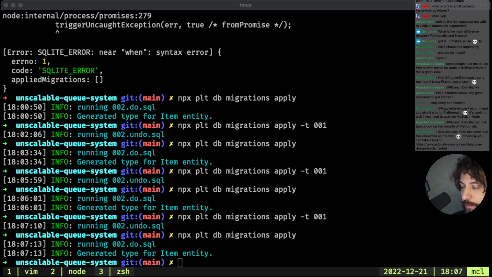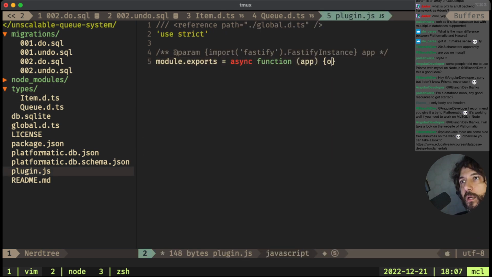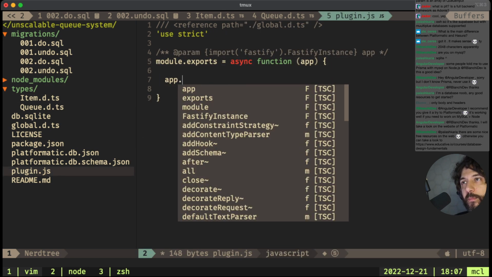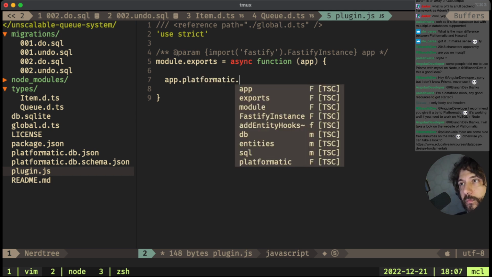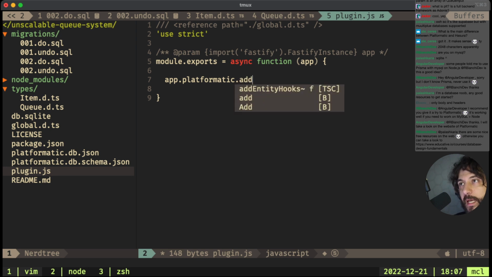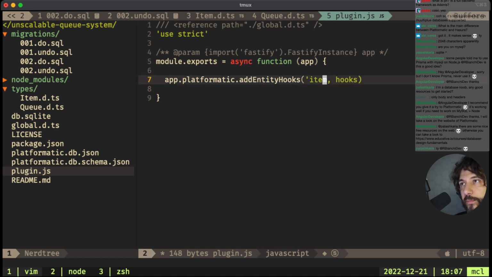Oh, when? Yeah, this is probably not what I want because this is when, but I want this to be set automatically. So let's move it a little bit in code and do something different. We go in plugin and up Platformatic. We are going to add an entity hook, and the entity name is item.